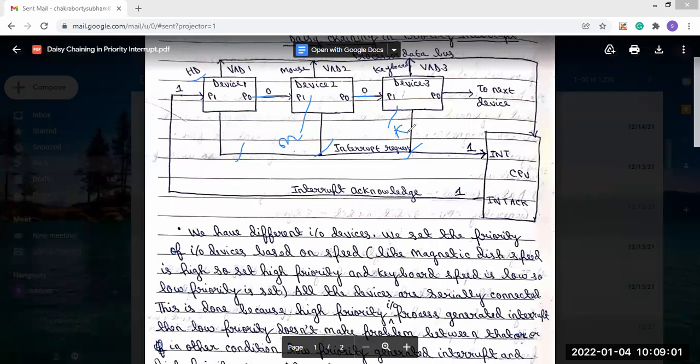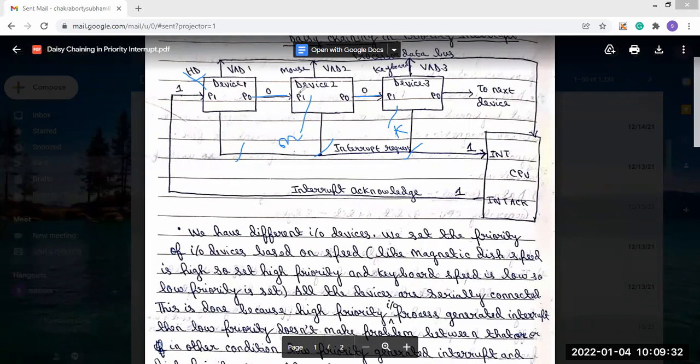That's why we have set it as the high priority. The device with the highest priority has to be set first, so we used the hard disk as device 1.